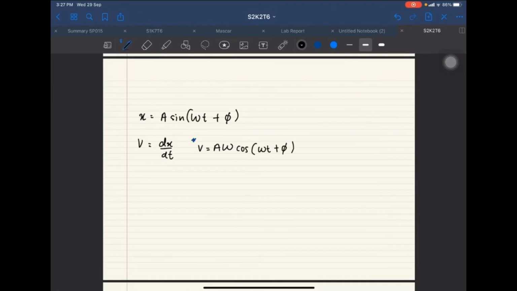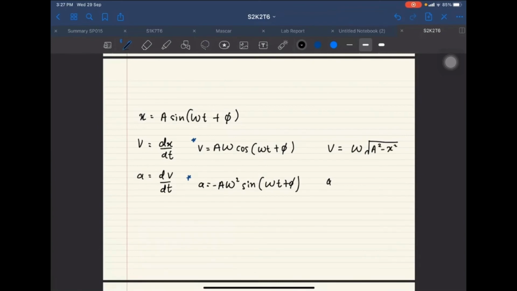And then kalau kita nak cari a pula, kita boleh differentiate lagi sekali, which is dv over dt. And example, in this situation, maybe we can get a equals to A omega squared, so jadi negative sine. Okay, ni apa yang kita belajar tadi lah. And at the same time, kita ada another option to calculate V and a, which is using the formula. Okay, kalau yang ni, dia jadi v equals omega square root of